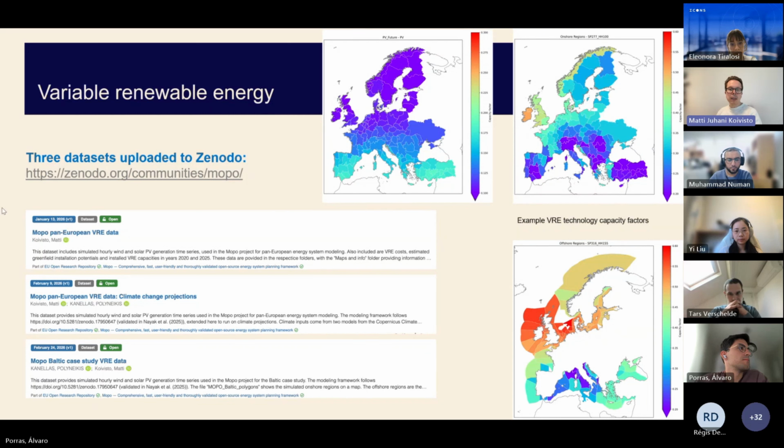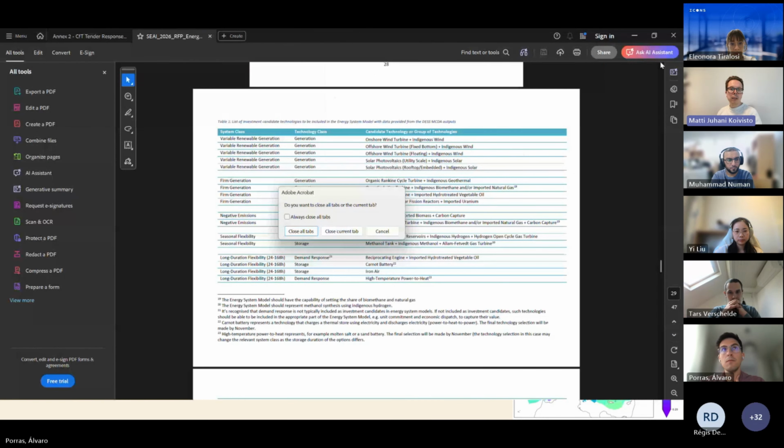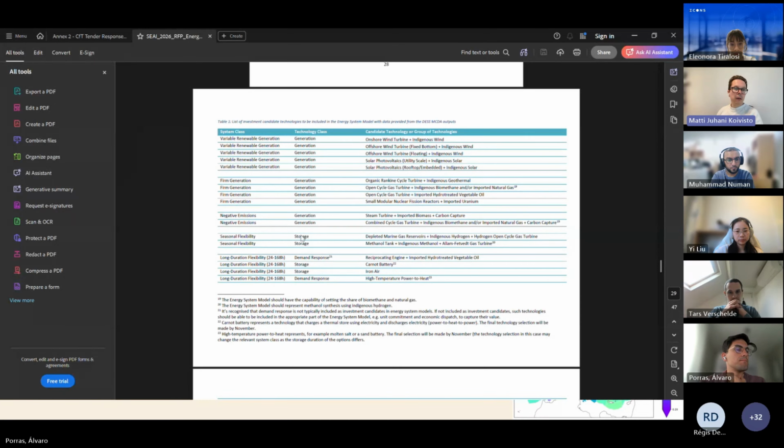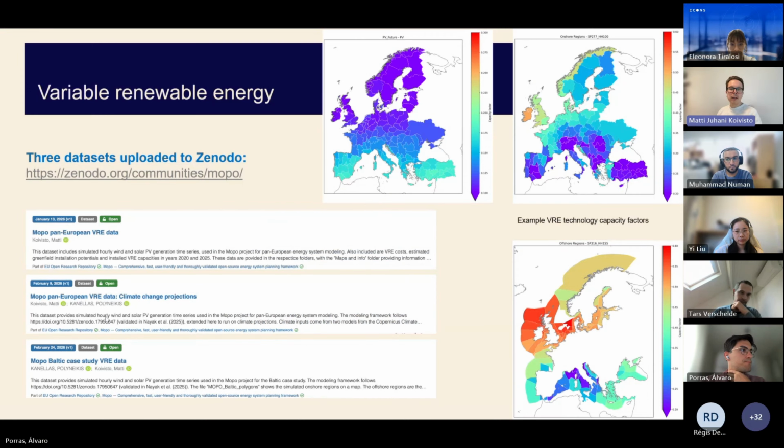But then we also expanded that with a second entry. So we model the same under climate change. So you can look, okay, climate change under a few models. And then we did also a more detailed study for the Baltic case study that goes into detail into the Baltic countries, adds higher geographical resolution and also temporal resolution to showcase that we can increase the resolution as well. That's it from my side. And I think we move to hydro next.